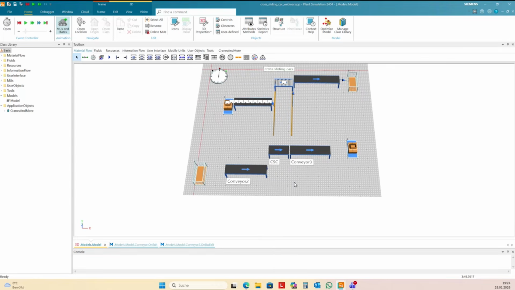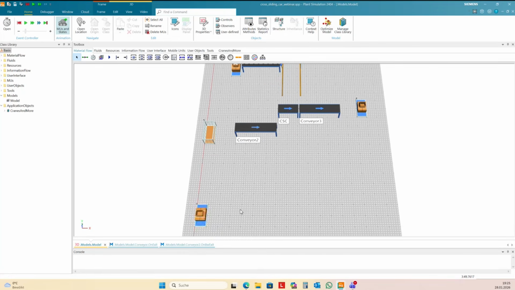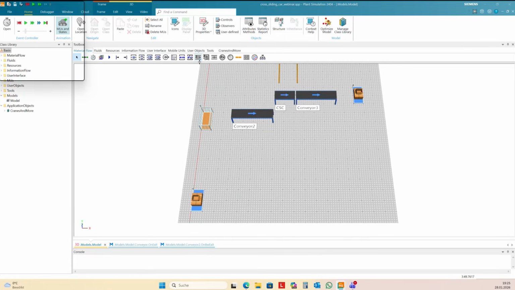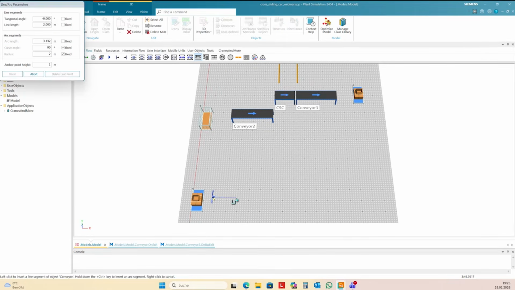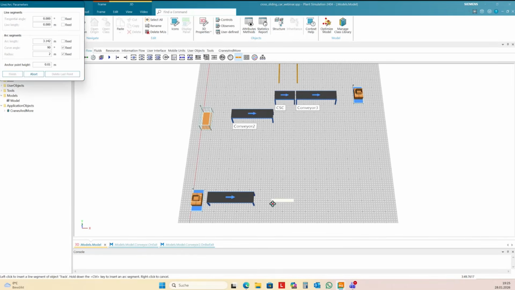And a third way would be to use a transporter. The transporter itself can work as a cross-sliding car. You only need to distribute the control a little bit. So I make a third example. I have a source and a conveyor, and I have a track.